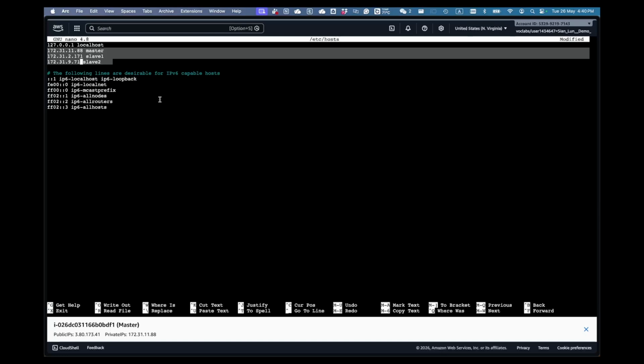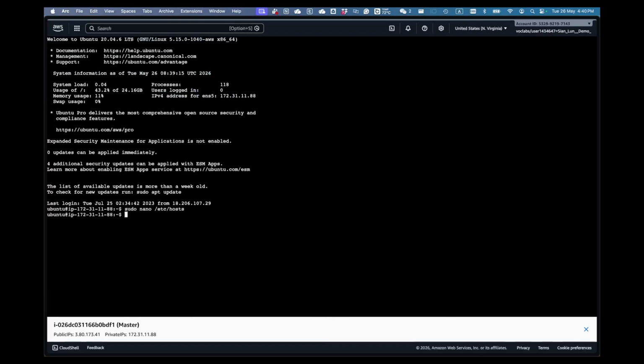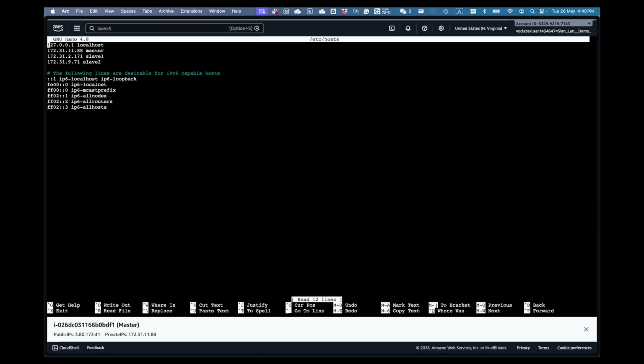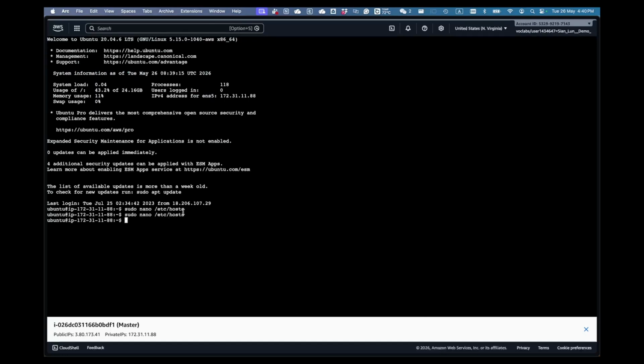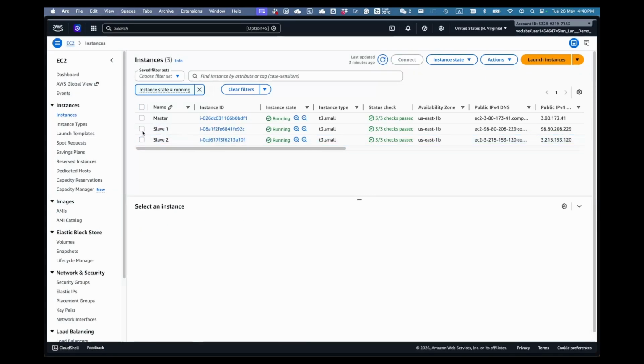But before you change, remember, once this is done, press Ctrl X. It will ask whether you want to save the modified buffer. You say yes. It will ask you what name. You just press enter because we want to overwrite the file. If you want to double check, just go in and take a look. If the IPs are the ones you have just updated, it means this is completed. So at this point, you can leave it, and we will come to the next one, which is